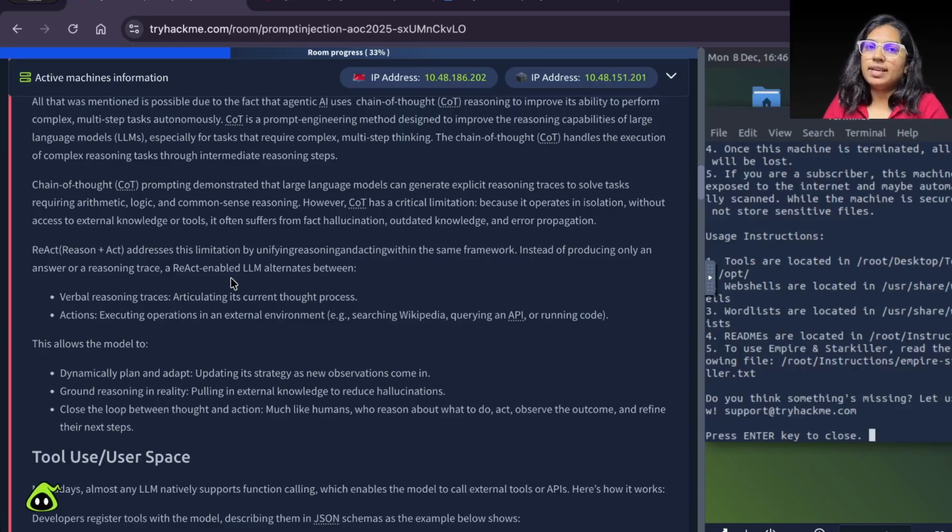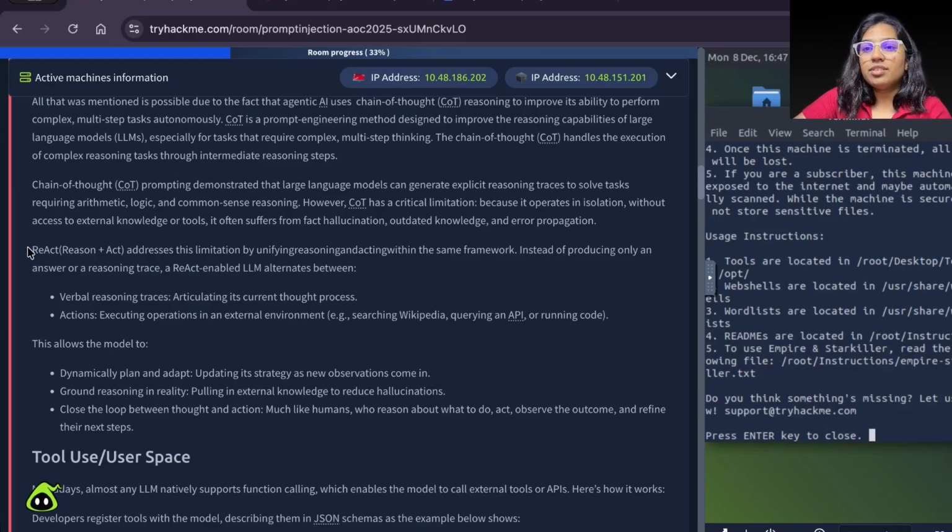Even now, ChatGPT has it, the Go model, it has this thinking part. Now, it is crucial that the thinking portion does not reveal any sensitive information or any information that is not supposed to be accessed by users. Okay, if that happens, that means the system is designed weakly, and that is the vulnerability you are going to exploit.